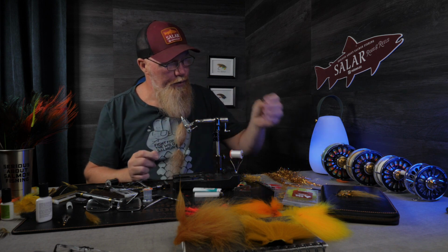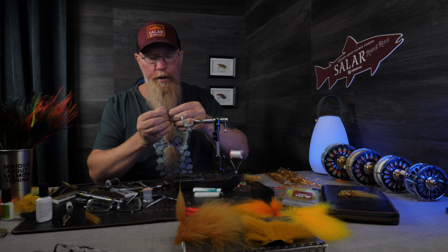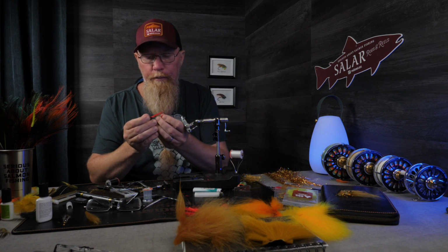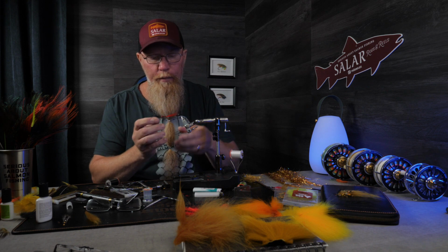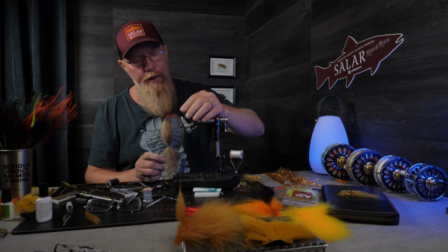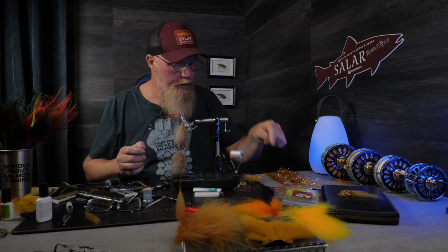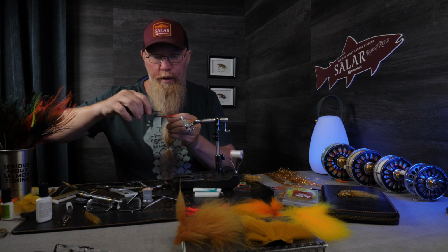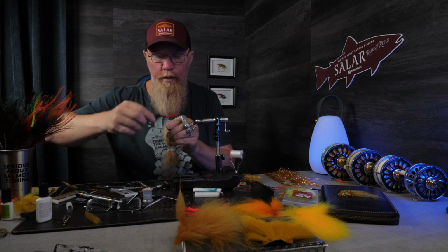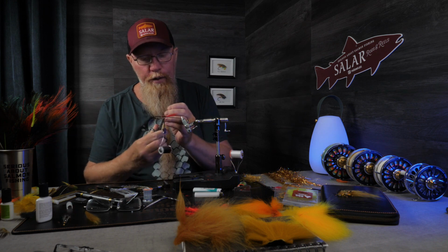So this one is the first one. And now we put on the second one. And this is almost the same as the one before, but it is a little longer tail because this fly is going to be a little bigger one, bigger than that one. So I just tie on the thread here. And on this I thought that we would